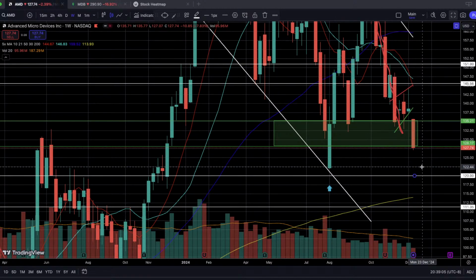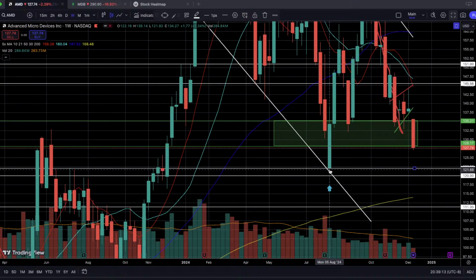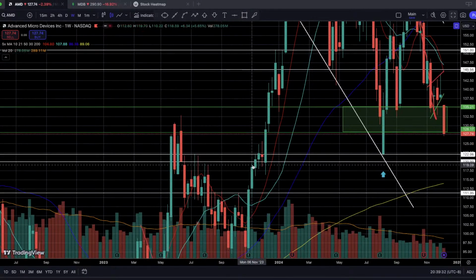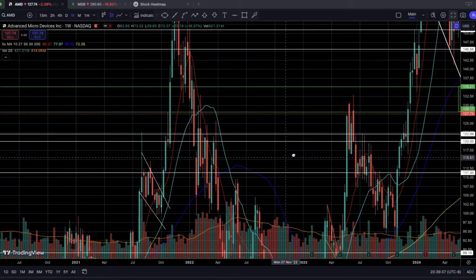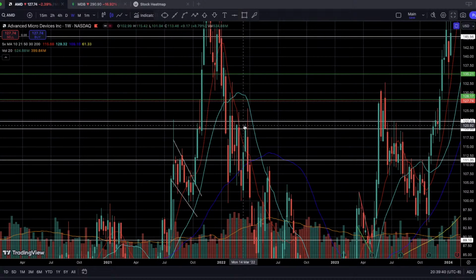And at the same time, we have this 122 level that we previously pivoted away from back in, I believe, early August. Yeah, so the very first week of August, which created this August low, was right at 121.83. So this weekly candlestick's low is at 121.83. And it even aligns with this 122 whole number level, if we just round up, which aligns with the previous resistance level that we've seen here for all of 2023. And if you go even further back, we've used this level multiple times in 2022 and in 2021 as a level of resistance.